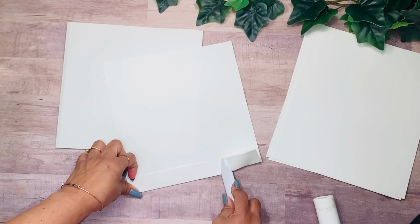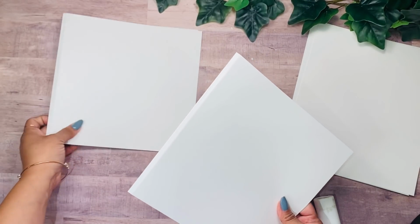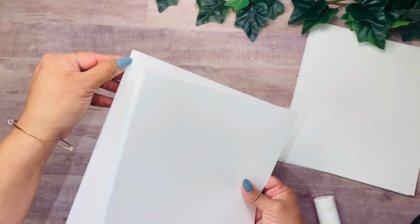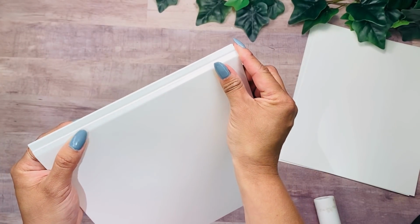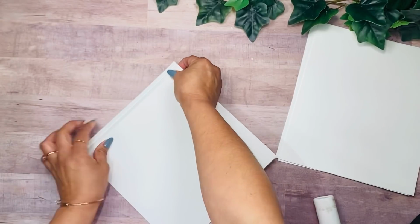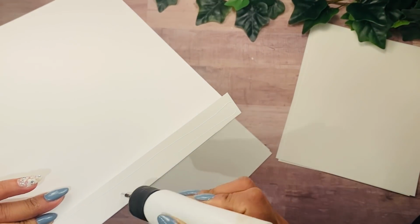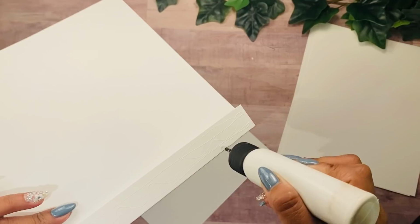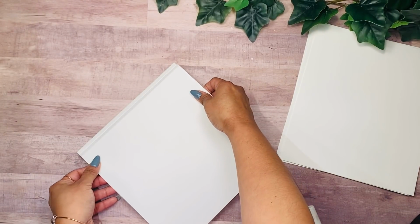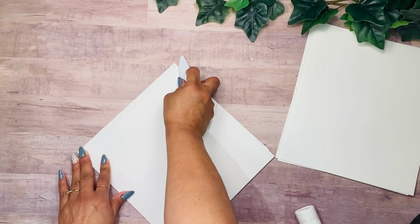Okay, so now we're going to bring the next page, and we're also going to score or fold along the score lines, and we are now going to add the 1 inch on top of the page we just added. So you want to make sure you don't glue on that 1/4 inch section. We want to glue this piece right below. Okay, so I'm just making all of these flat for now, but those 1/4 inches, like I said, those are going to be your gussets. Okay, so we're gonna put this one right here and press down,